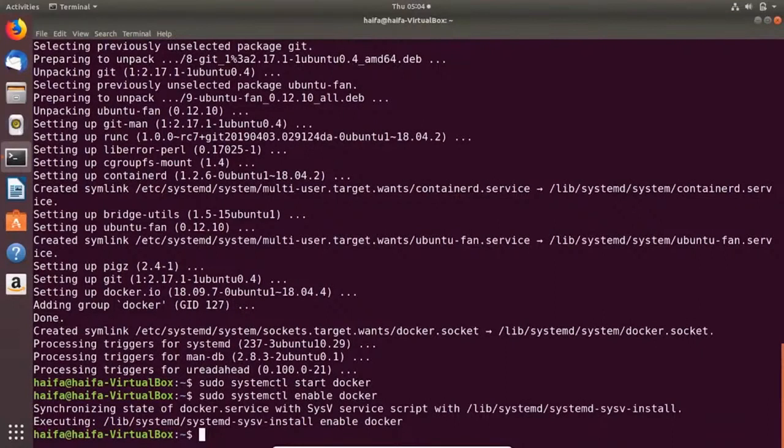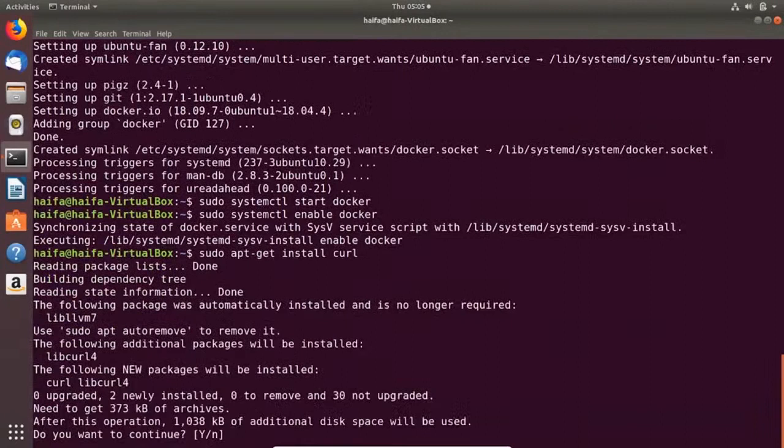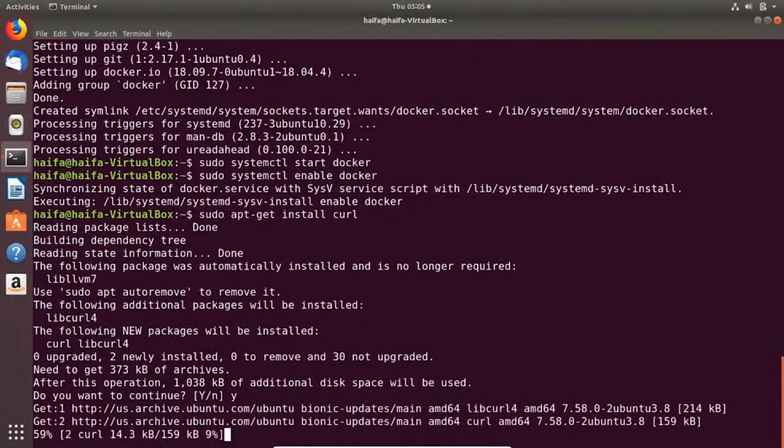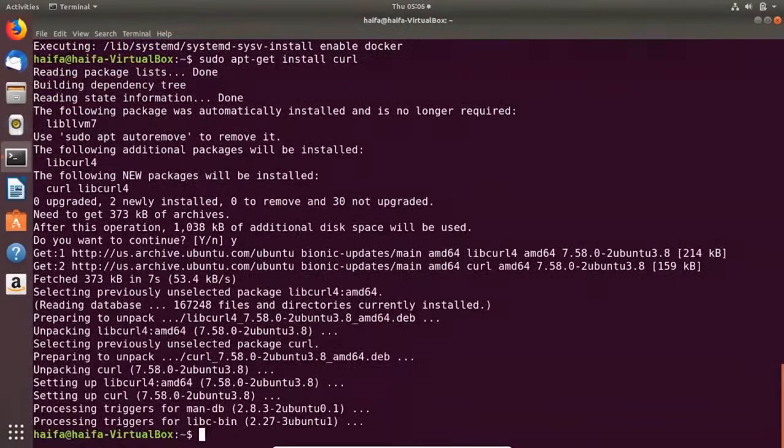The next step is we have to install the necessary components for Kubernetes. Before that, we have to install the curl command, because curl is used to send data using URL syntax. Let's install curl using the command sudo apt-get install curl. So you have to select Y, and this will take a few minutes. Moving on, the next step is to download and add the key for the Kubernetes installation from a URL. So let's go ahead with that. Sudo curl. So this is where we get the key, and then we have to add it using sudo apt-key add,